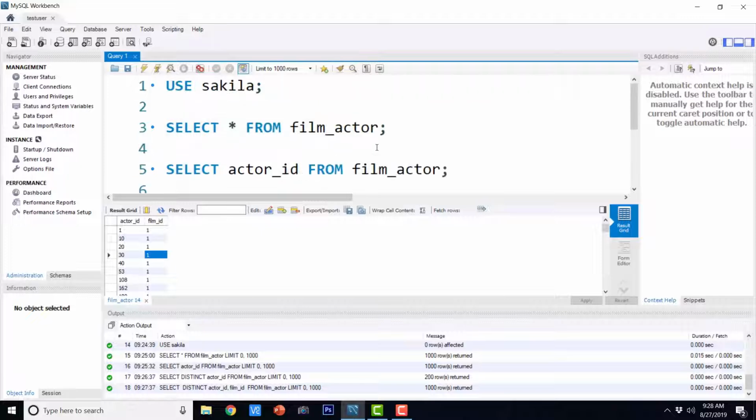So I hope that you understood the concept of distinct and unique. So you can just go ahead and try this distinct keyword with the columns of any other database table in the Sakila database. So there are lots of tables in Sakila database. So you can just go ahead and use this distinct with any one of the columns or any one of the combination of columns in the tables in the Sakila database.